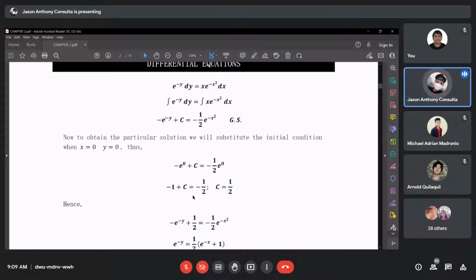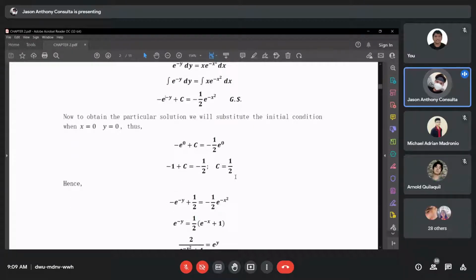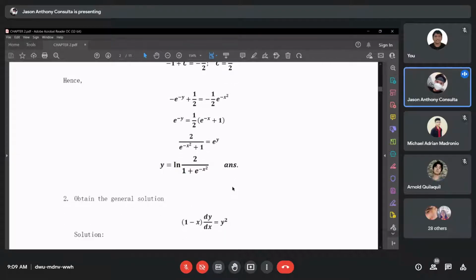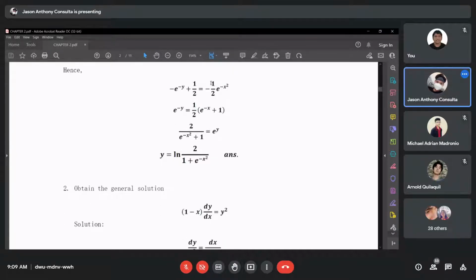So, c will be equal to 1/2. Okay? So, when we find c, like I said earlier, let us substitute c into the equation, then find y. Actually, class, when we substitute this,